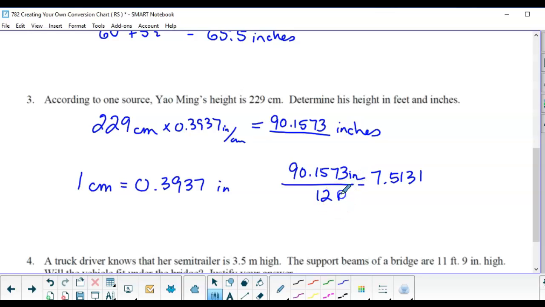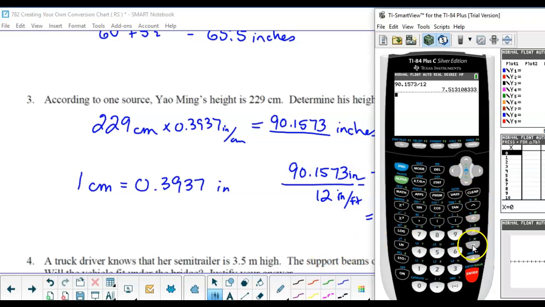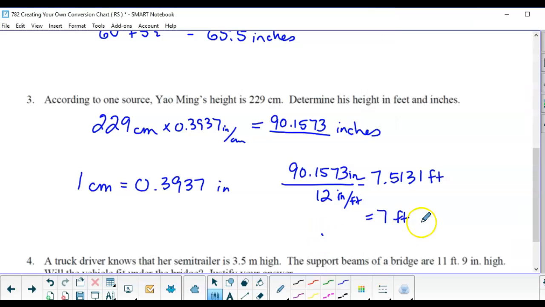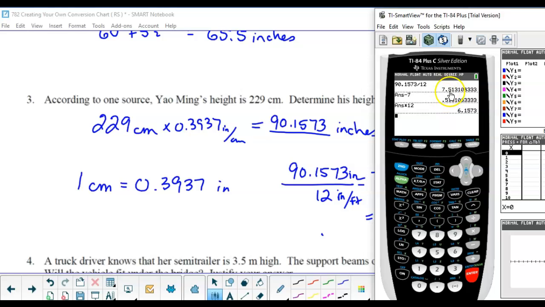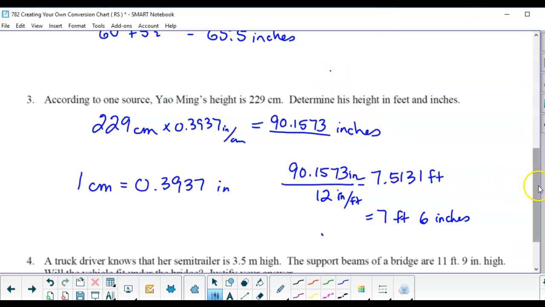So this is inches, and this is inches per foot. So we end up with this number of feet. So it's going to be 7 feet. Now, it's not 5 inches, right? So you get your calculator, subtract the 7 whole feet out, and then multiply that decimal part of a foot by 12 inches in a foot. So 6. Okay, which kind of makes sense. If it's 0.5 approximately, that's half a foot. So 6 inches. Okay, but if you just leave it like this, you would think maybe it is 7 feet 5 inches. So that's why you have to convert properly, because there's 12 inches in a foot,